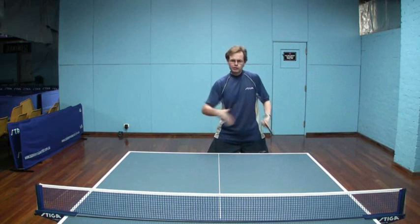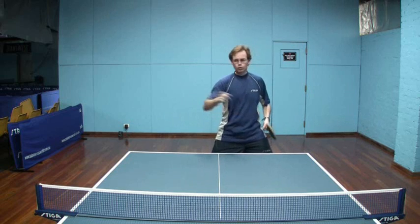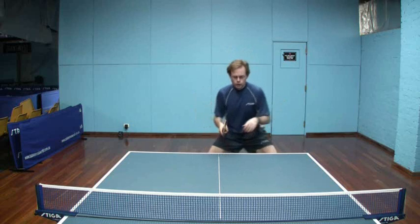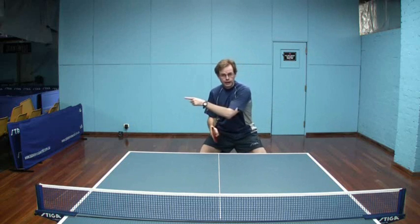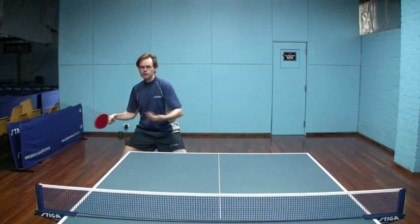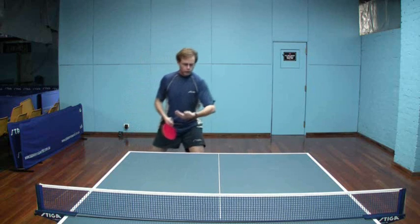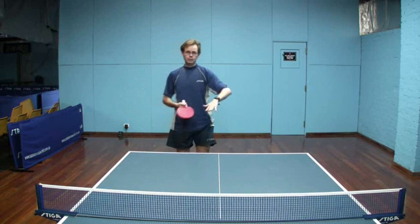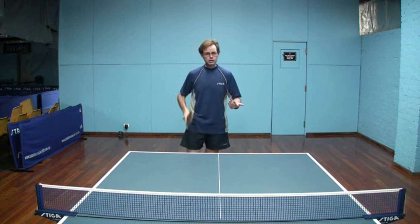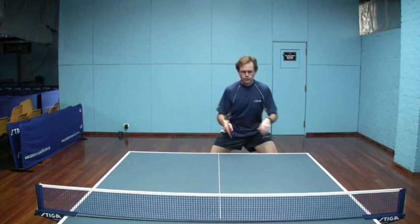So, in order of covering a lot of ground, it's not always about moving fast or taking lots of steps. But if you're in position and you're ready and you see your opponents going out that way and you take one step over, you can cover an awful lot of ground in one step. And for a close to the table player, like a lot of us who are in this course are going to be,